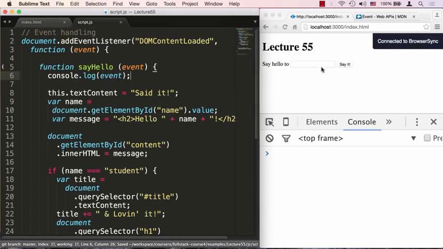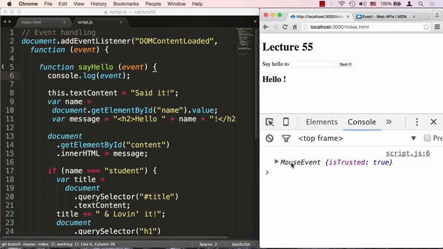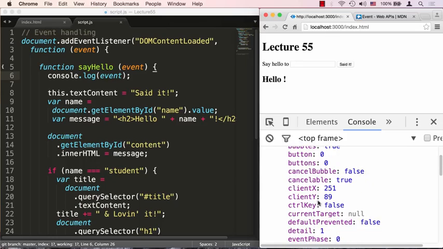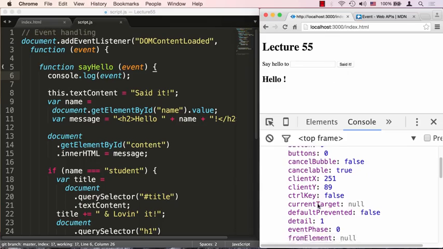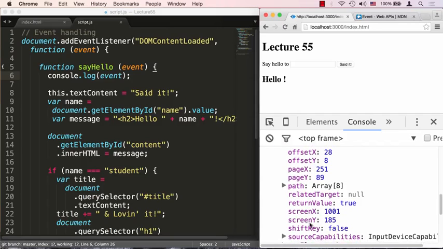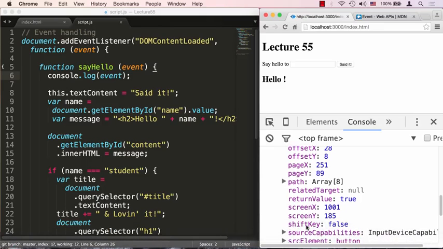We print it out, and we see that the object that event is a mouse event. If we open that up, we'll see there's a whole bunch of properties that this mouse event has. There's clientX, clientY, where the X and Y coordinate was on the page. There is the movement, pageX, the path, and screenX, screenY, which is the location of the X coordinate vis-a-vis the entire screen. There's the shift key, which tells us whether or not the shift key was being pressed down at the time that the click happened. So even though we haven't really used the event object, this is something that's passed into